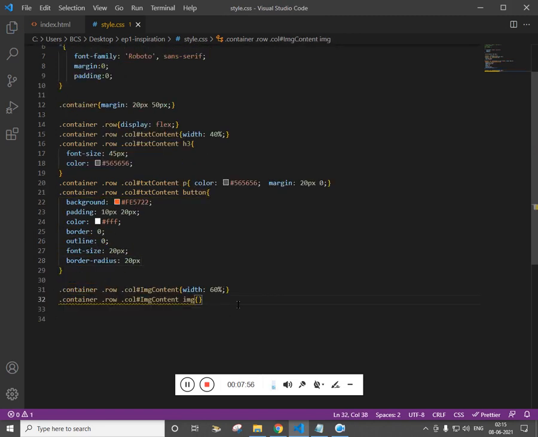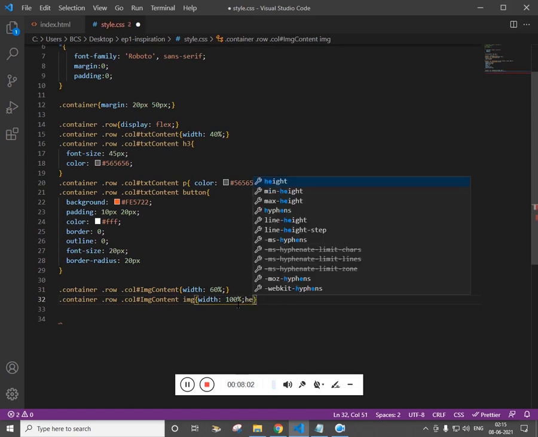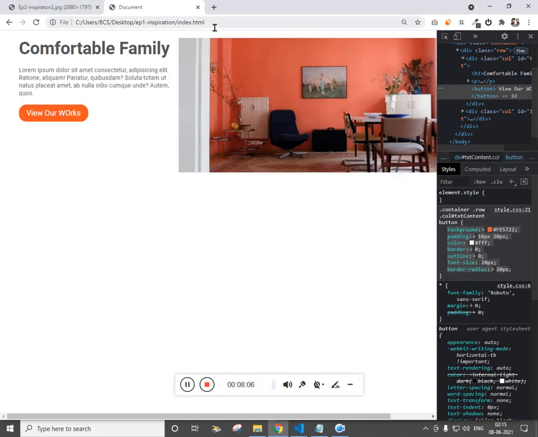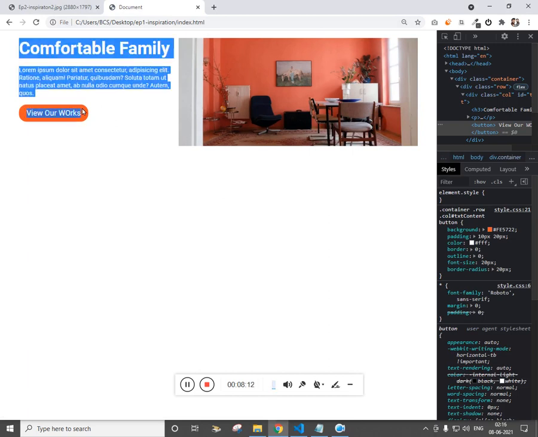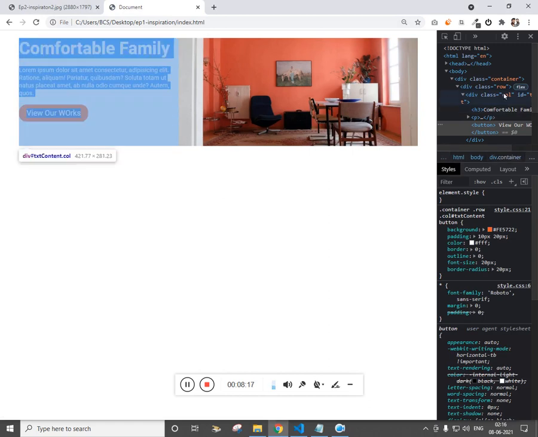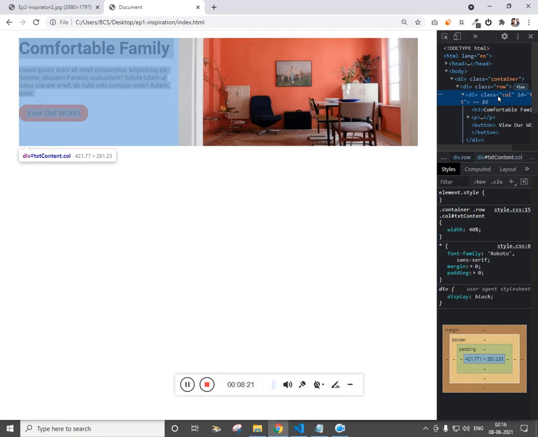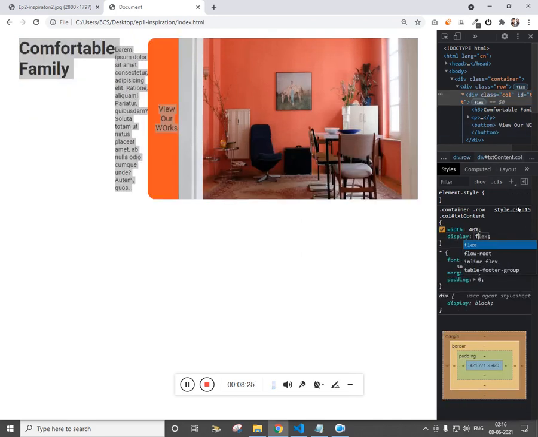and paste it for the button. And I want the image width and height to be 100% so that it fills the container. The container is the width 60%. And now what we need is, I want this to be vertically center. So for that, get into the text content and give display flex.